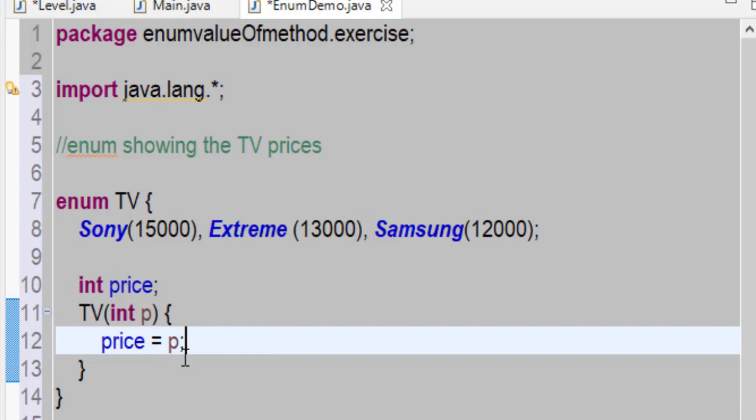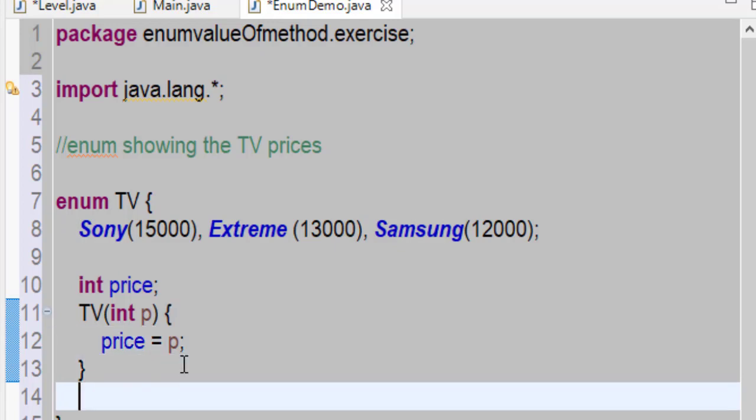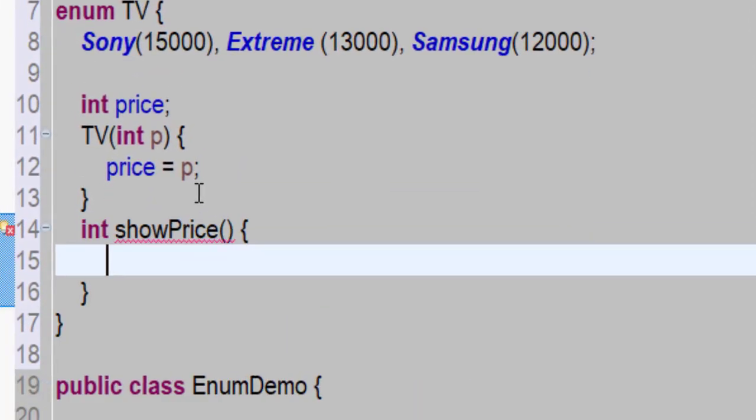So next thing that we're going to add is another int. We're going to create a method show price. Okay, this will be our method, open close braces, and inside of this we're going to display the price. Okay, now I think we're done. Next, we're going to add